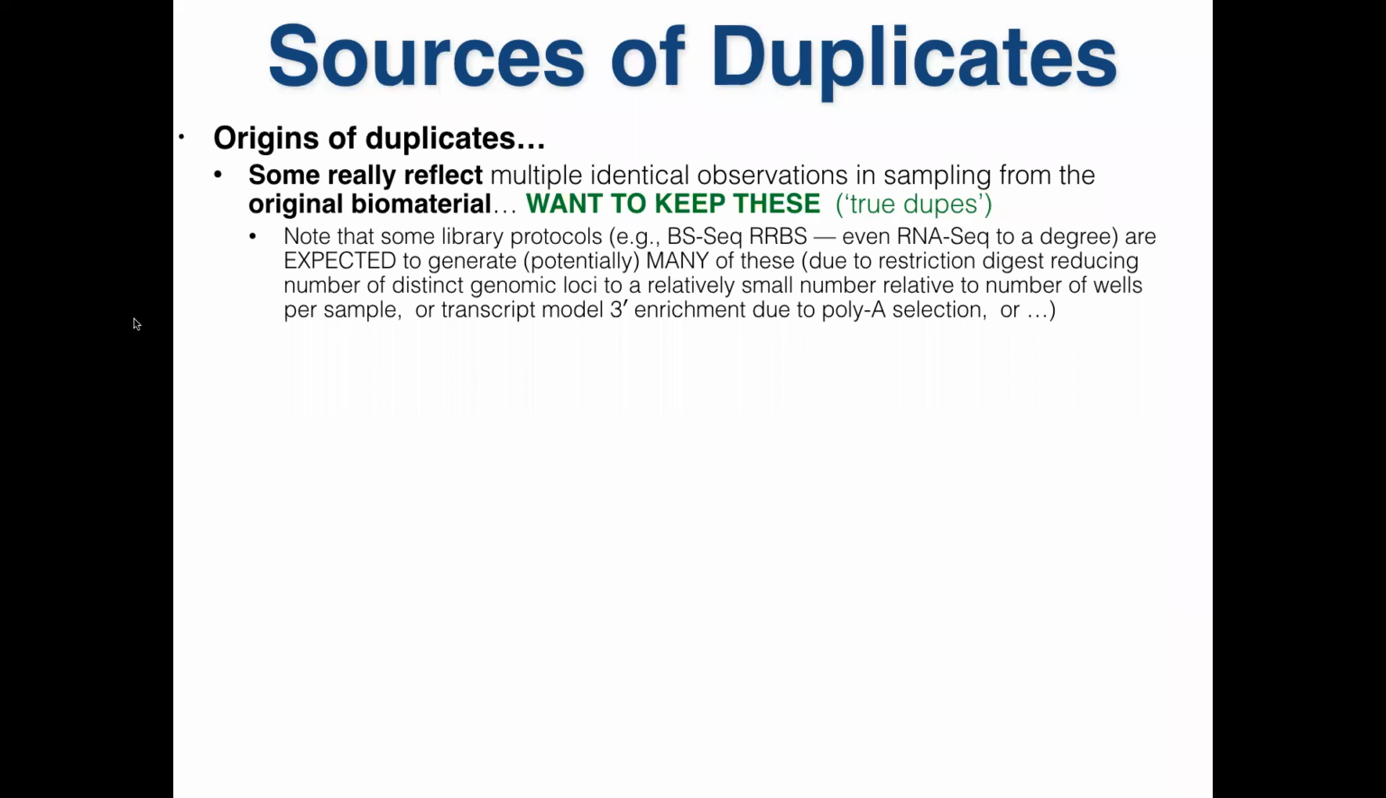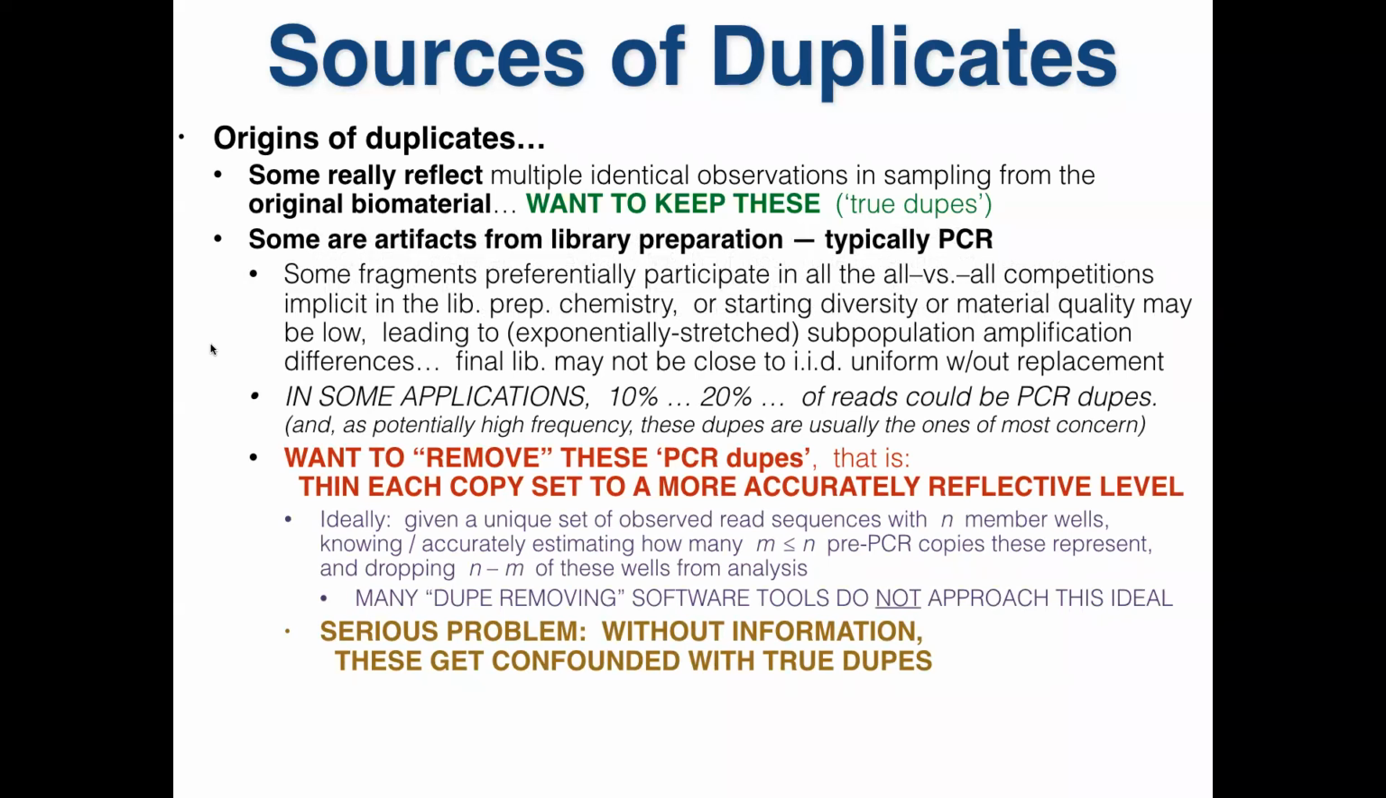So yeah, some protocols generate duplicates naturally, and you don't want to remove duplicates with a sledgehammer and just kill them all, because that's not the right thing to do. It's going to distort those. On the other hand, some protocols like whole genome bisulfite,